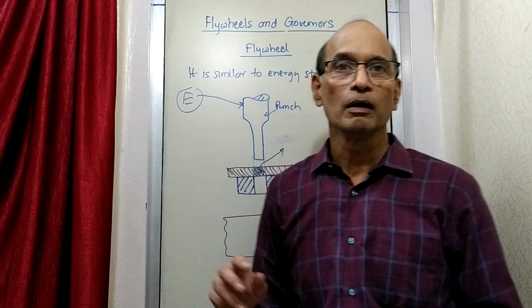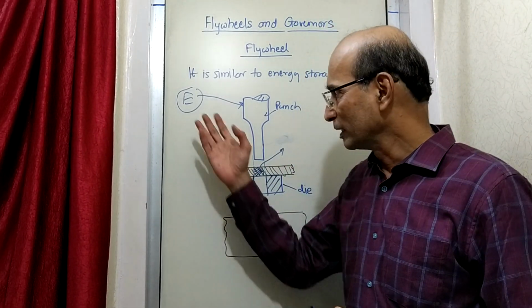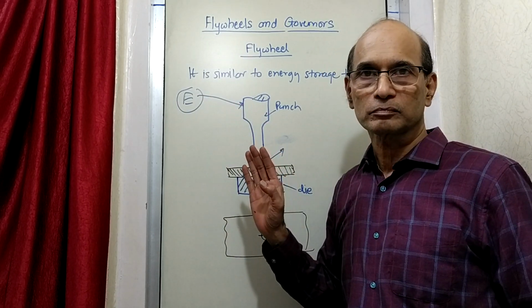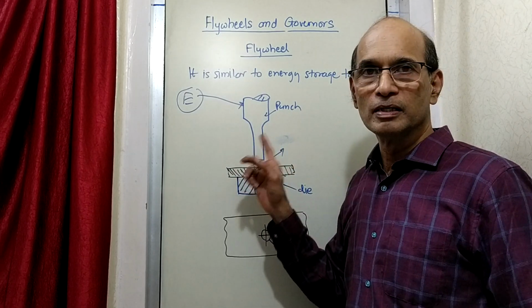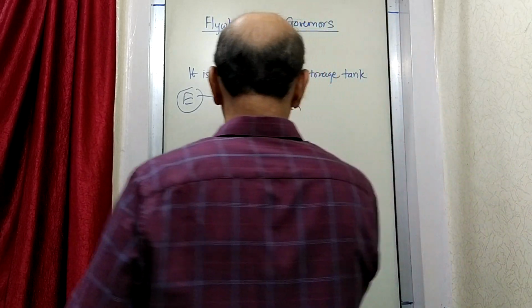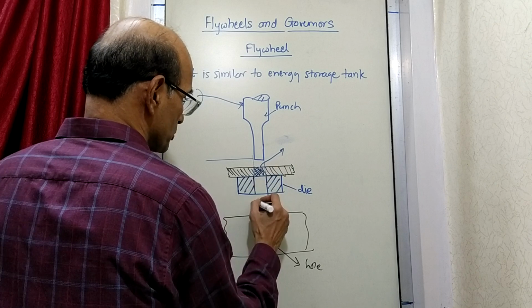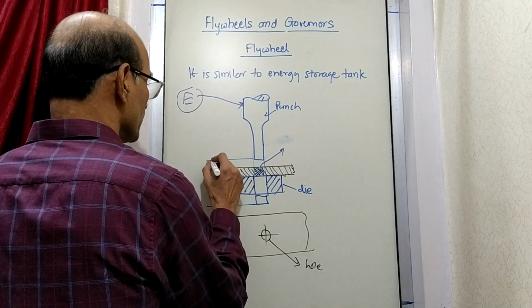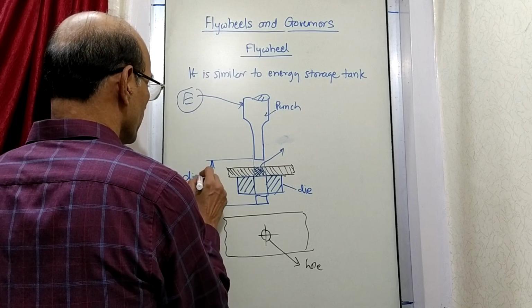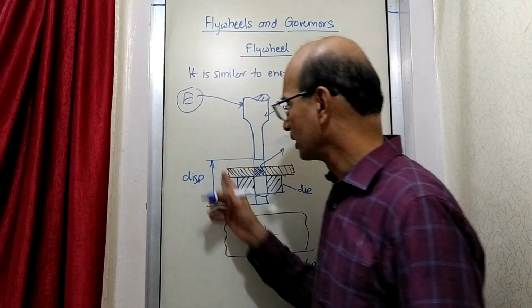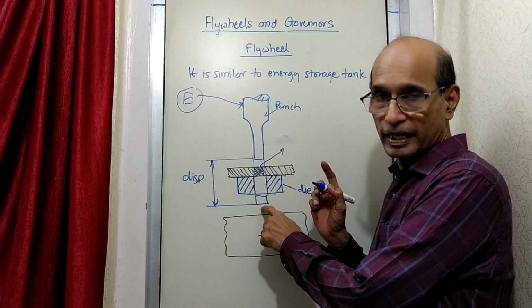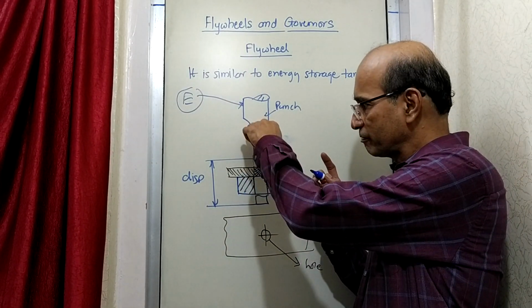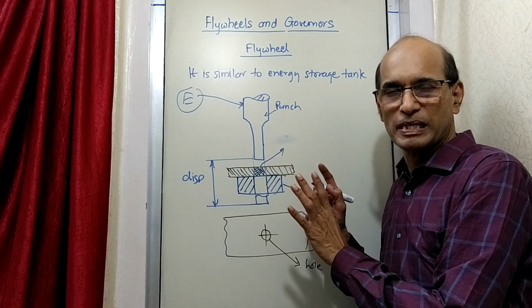Now see the requirement of the load. Why is the energy given? Energy is given for doing some work here. What work is the punch doing? Let us say right now it is here. And when it comes down completely, let's say it is here. So you can say this much is the displacement. Displacement movement of the punch is from this end to this end. So when the punch goes down and when it goes up, when it goes down, this cutting action takes place.